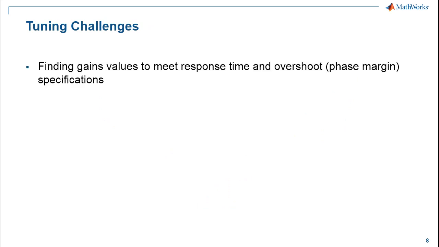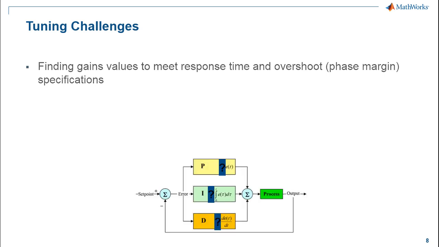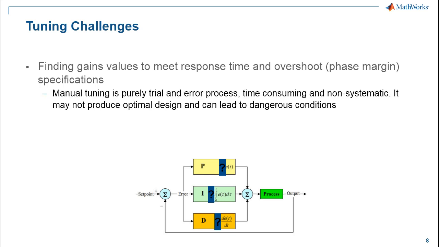As I said, finding gain values is basically about meeting certain requirements, and the most common requirements or specifications are response time and stability, or overshoot, or phase margin if you're more familiar with control theory. And as I mentioned already, a lot of times people find these gain values by tuning on hardware. Manual tuning is time consuming, it's a trial and error process, and you never know if you will end up with